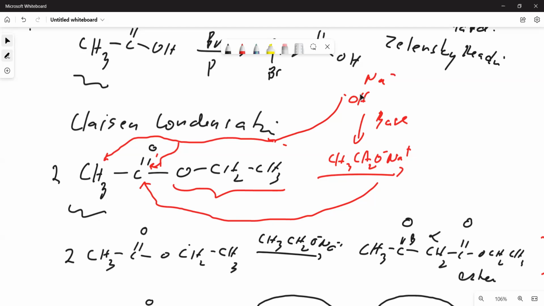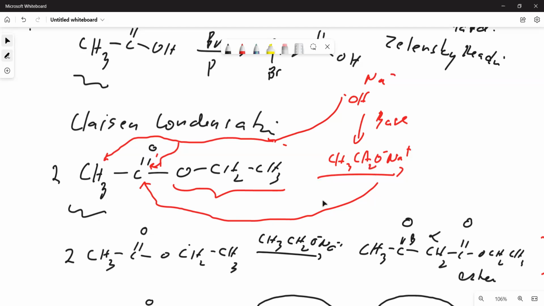Why? Because if you use hydroxide, the hydroxide can remove the acidic hydrogen from the alpha carbon, but the hydroxide can also undergo nucleophilic substitution here, right? So you are changing the product now, because if this one will displace this, you will end up with acetic acid, okay? You don't want that to happen, no? So in order for Claisen condensation to succeed, the base that you're going to use will be the same as the alkoxide here. Okay? That's why we use sodium ethoxide.